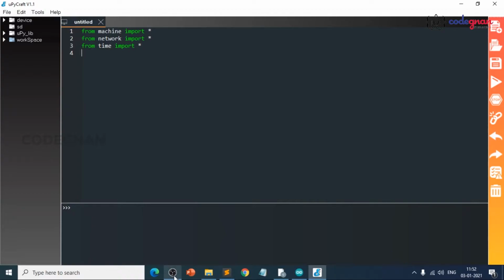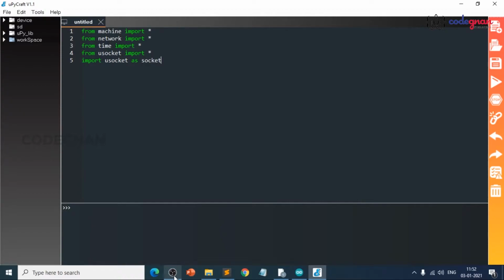Next thing we require is socket, because when we follow client and server architecture, we need to have a socket. So we can simply do from usocket import star, or we can do it like this: import usocket as socket.